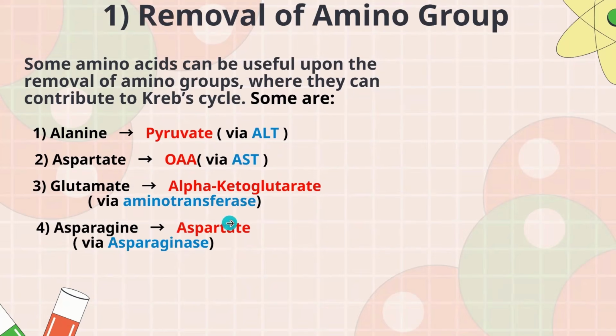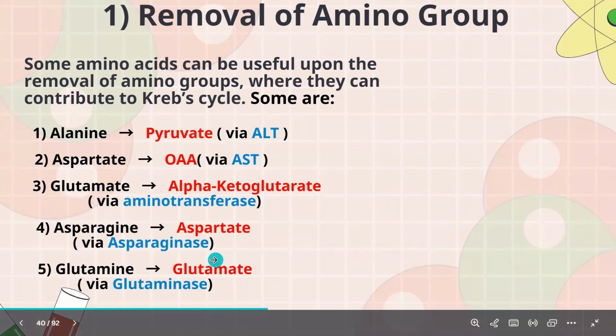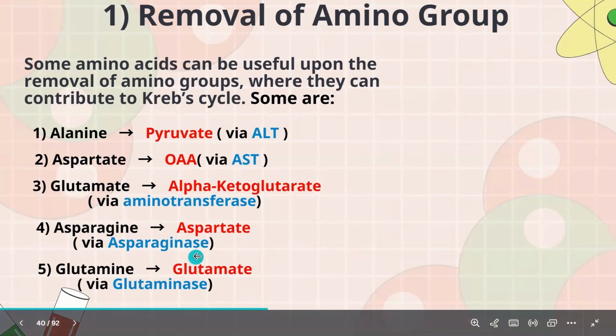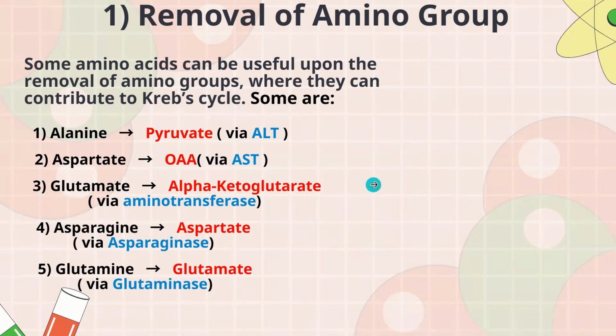Asparagine, which makes aspartate via asparaginase. Okay. And apart from that, you have glutamine, which makes glutamate through glutaminase. Okay. They're very easy because you can just see that the enzyme is just saying it's breaking this into this and this into this through their name. And they're to be recycled in the steps above, to eventually form the byproducts for the Krebs cycle, you know?